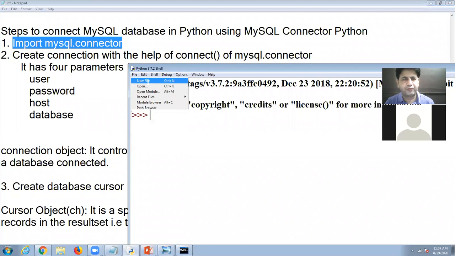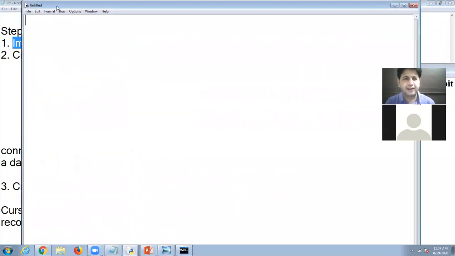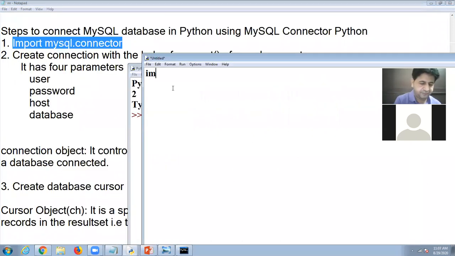So new file. First, I import mysql.connector. After importing this module, now I will have to connect my Python program with MySQL.